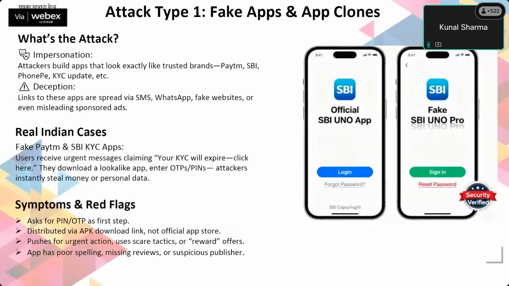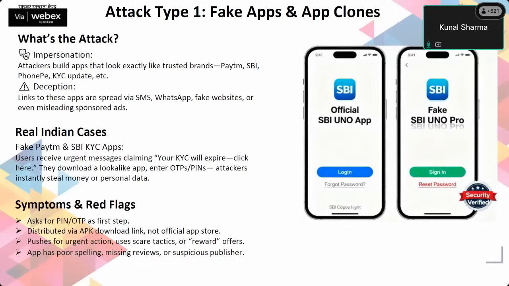This is one of the most famous attacks, the cloned apps. In this, the attacker creates a clone of a very genuine app, like SBI, Paytm, and Google Pay. All these are very genuine apps, and people have a lot of trust in them. So attackers use that trust and create a replica of those apps. They cannot directly add it in the Play Store, because the Play Store hosts only safe apps. So what they do is sideload it. What sideload means is they give the links in messages, in mails, in WhatsApp groups. So you download this, and then